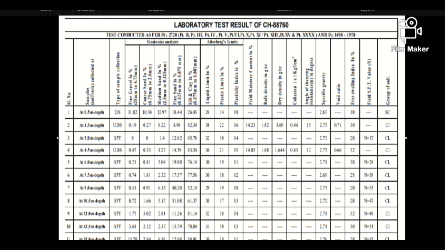After collecting the sample, disturbed or undisturbed, the sample will be tested in the laboratory, and all samples will be packaged as per depth of 1